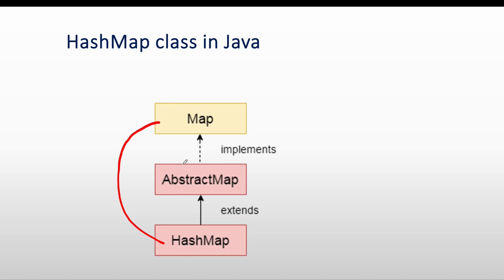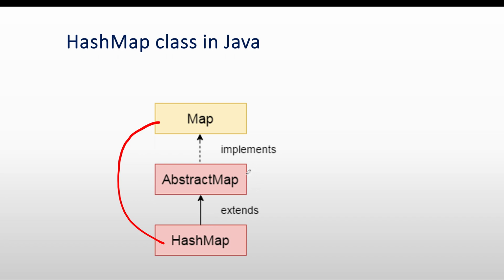Okay, and why is this AbstractMap here? We have already seen a similar concept in our previous video, right? Java provided an abstract class for each of the collections. Map is not a part of Collection, but it is also a part of the collection framework. Like we have seen, for List it has provided AbstractList, for Set it has provided AbstractSet. Similar to that, Java provided AbstractMap for the Map interface. So basically this provides the abstraction between Map and HashMap.